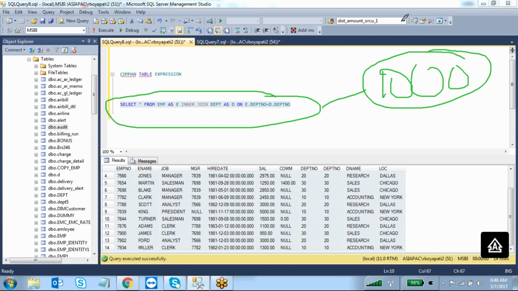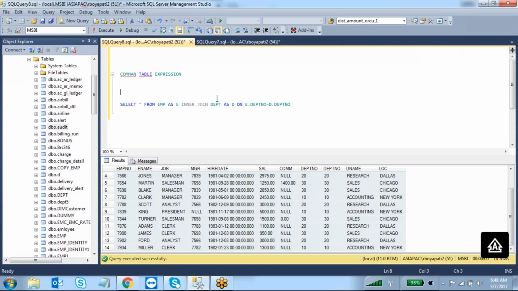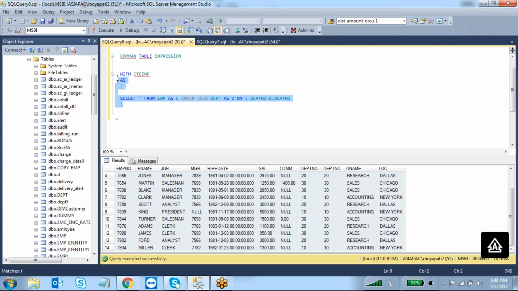Okay, right. So the simple syntax to write a common table expression is: first you have to start with the keyword, and then give the table expression name. What is the name you want to give for this result set, whatever result is coming from the query we have. So the name I want to give is CTE EMP. Then the AS keyword, open a bracket, and whatever statement you want to put inside you can put over here. Okay, so from this result set